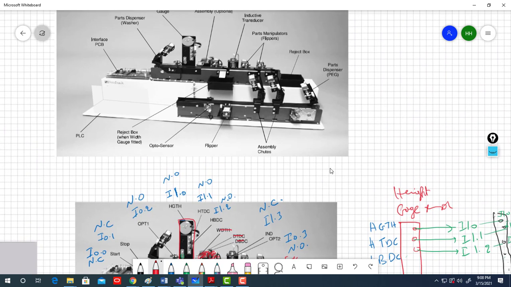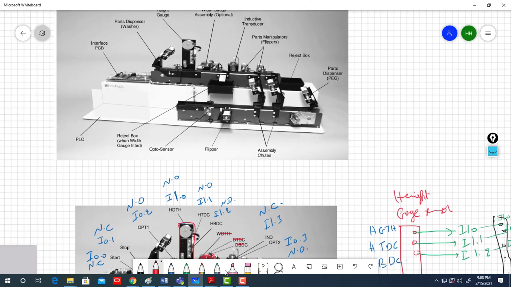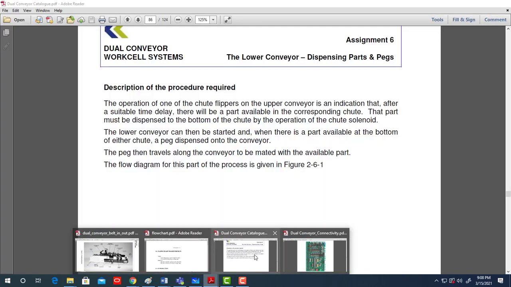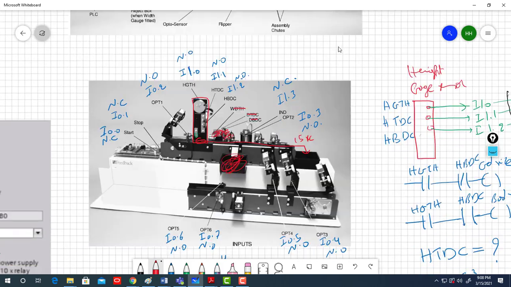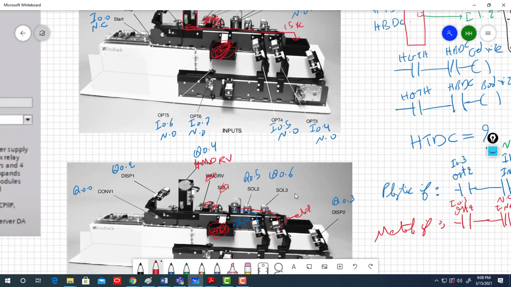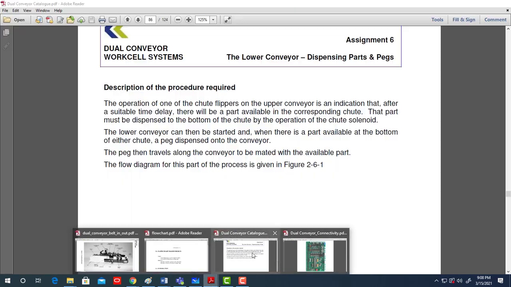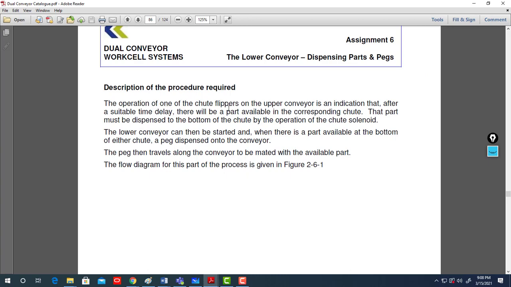Okay, these are the flippers and these are the chutes. They are seeing in assignment 6 the operation of one of the chute flippers on the upper conveyor, which is solenoid 2 and solenoid 3. The operation of one of them is an indication that,